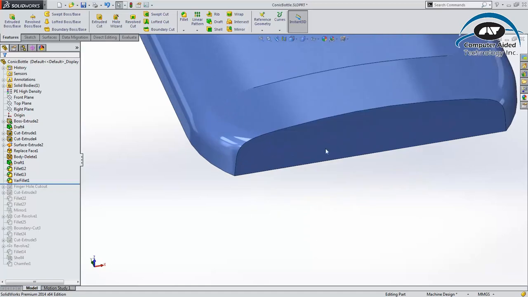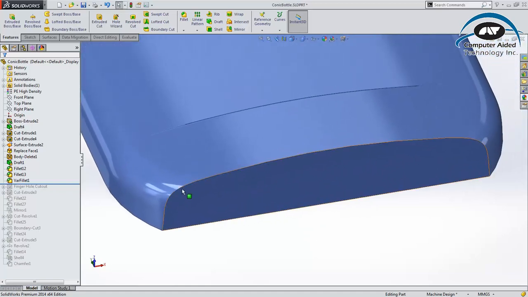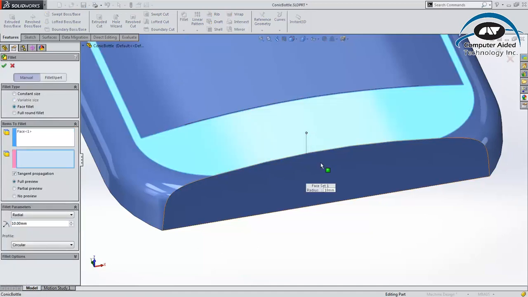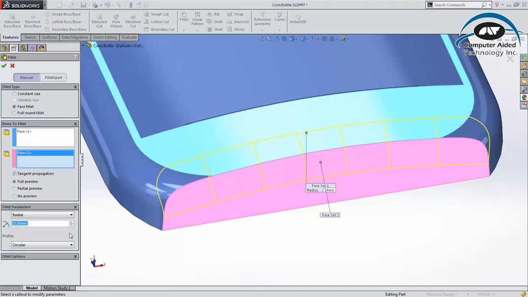Conic fillets can also be created using face fillets, which are especially useful if you need to fillet surfaces with no common edge. The user interface has changed here too. The width of the fillet can be controlled by setting this value to radial, which creates a regular fillet, or to chord width, which was previously called constant width, but now also shows a graphic to describe what it's doing